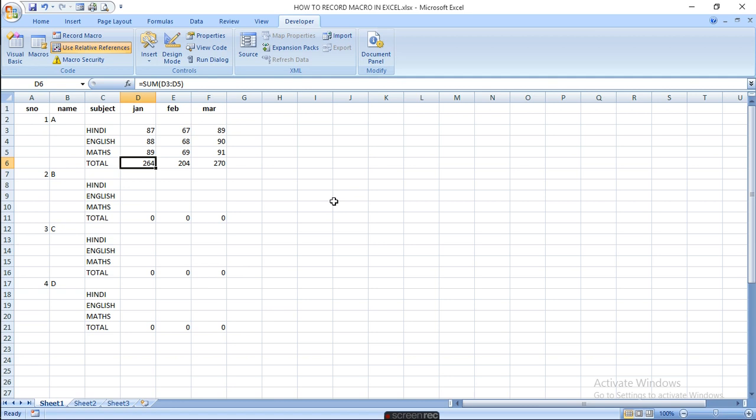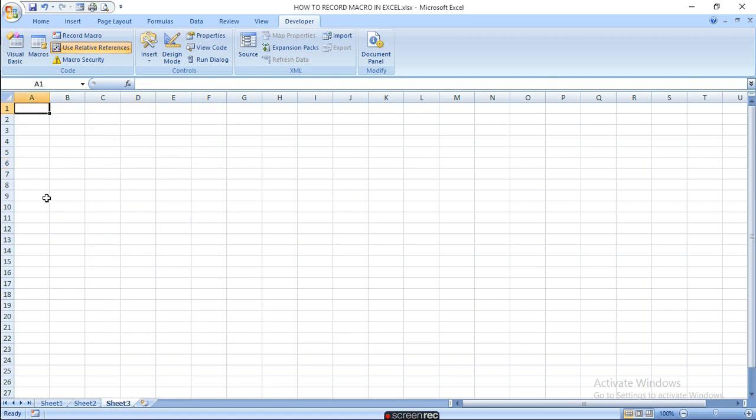Again, I can tell you in a separate worksheet. Suppose here you write serial number, name, and here you write 1, copy it, fill series, then write A, B, C, D, here you write total marks.